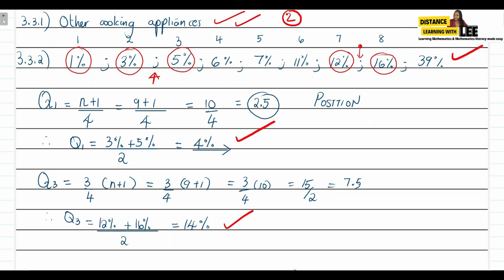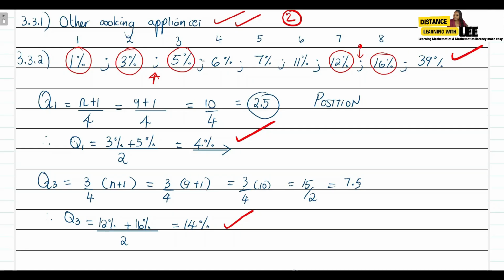Just for interest's sake, in question 3.2 and 3.3.2, what would our median value be? What would the middle value be? Remember, I said the middle value is the value in the middle, so you have to have the same number of values on the left hand side and on the right hand side after you've found that value. So let's check.